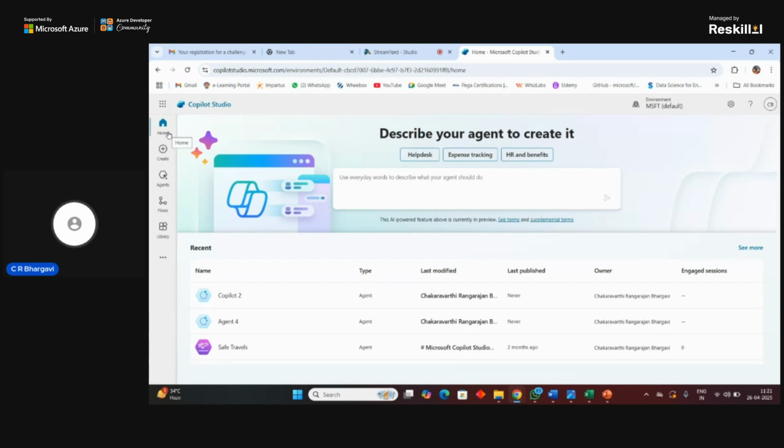Inside the Copilot Studio, you have the agent. You will be having the ways of creating an agent here. Like you can see in the top right, describe your agent to create it. So this is where you would be defining how your agent has to be.